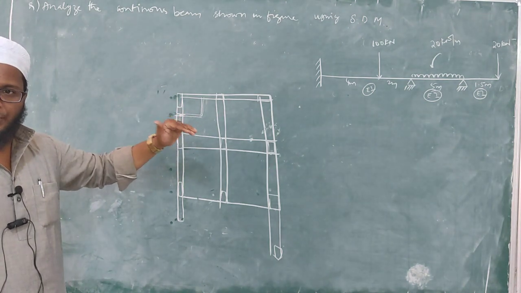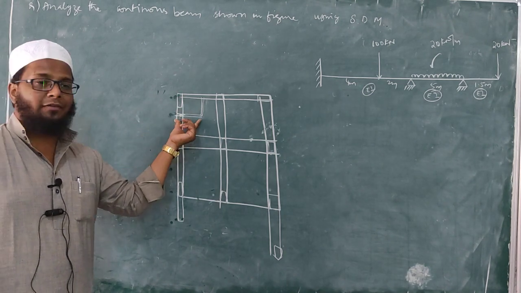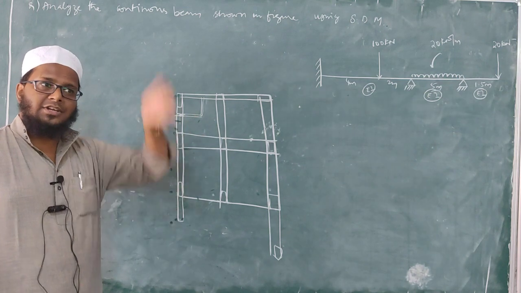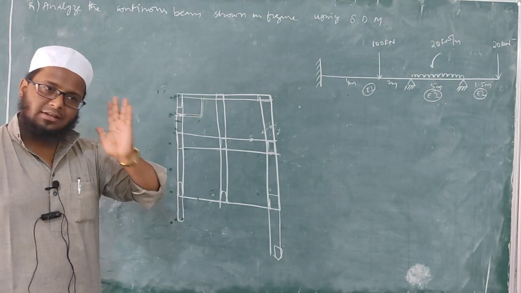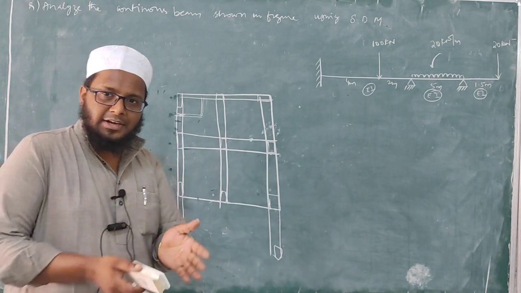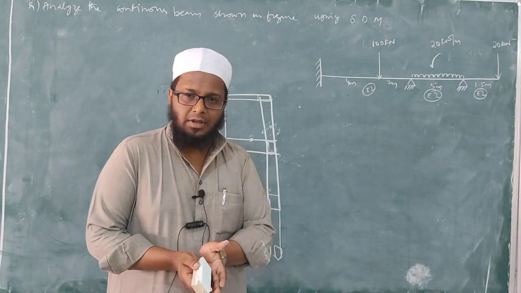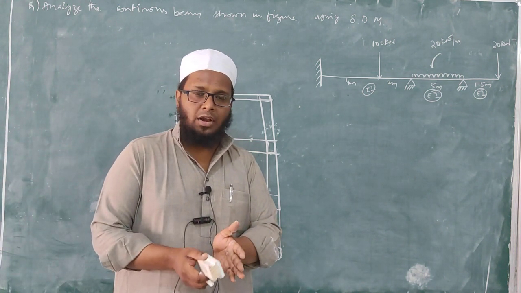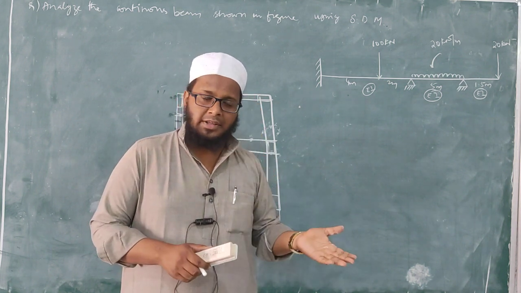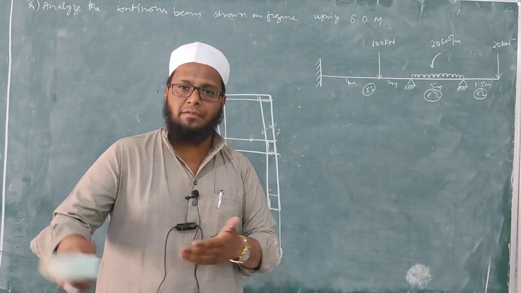Walls will act as a point load, but for that also you need to provide a beam. Without a beam, you cannot construct a wall. That is the theory, that we cannot construct any wall unless and until we have a beam below it. However, we can construct a wall if the thickness of the slab is more than 8 inches. In commercial buildings, we do not provide beams everywhere, isn't it?